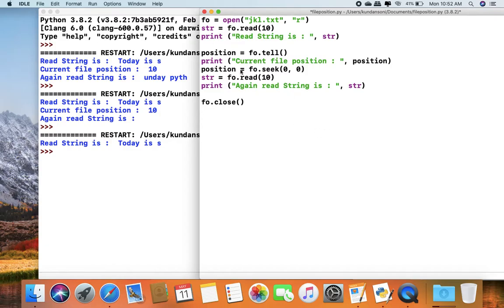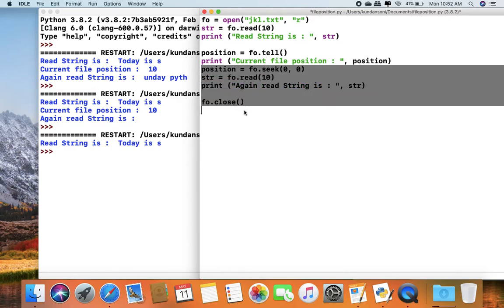Now in the second step of our program, position is a variable which equals fo.tell(). The tell function is used to find the current position of the file. Our current position is 10 because we read till 10 characters, so the position value will be 10.